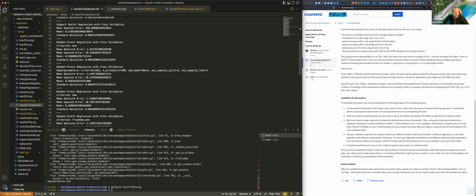This time I kept the criterion as squared error, but I upped the number of trees in our forest to 200 to see how big of a difference that made for us. We said with the standard number of trees, which I believe is 100, we were getting an absolute error of 2.35 and a squared error of 10.24, and this one's 2.336 and 10.14. And so that gives a fairly meaningful improvement,